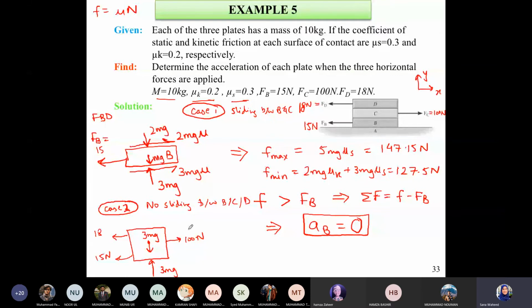And finally, a friction force which will oppose motion, or oppose motion कैसे किस direction में होगा? Clearly, this force to the right is larger than the two forces on the left. So if motion was to occur, it would occur to the right, which is why I'll get my friction force in this direction. So this will be